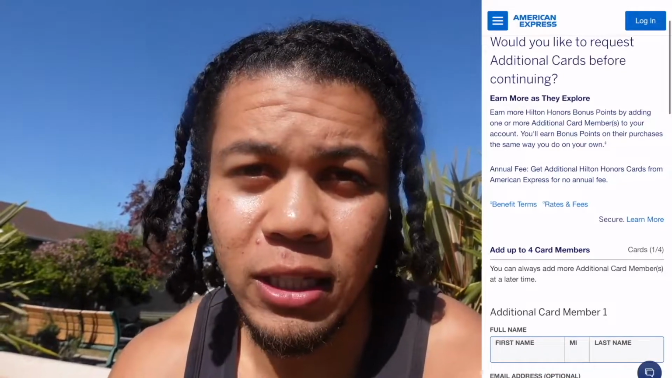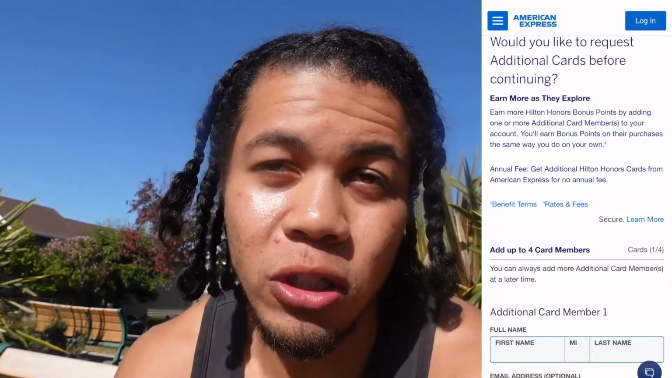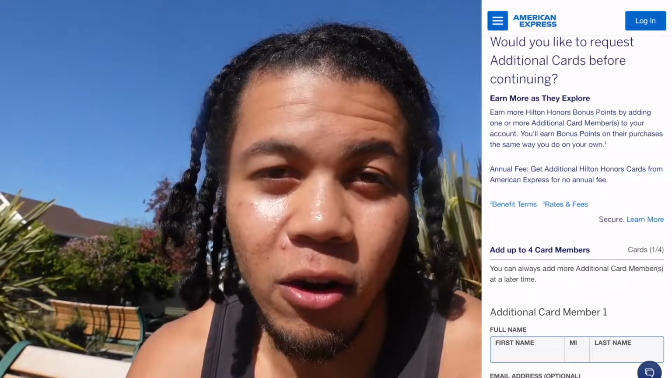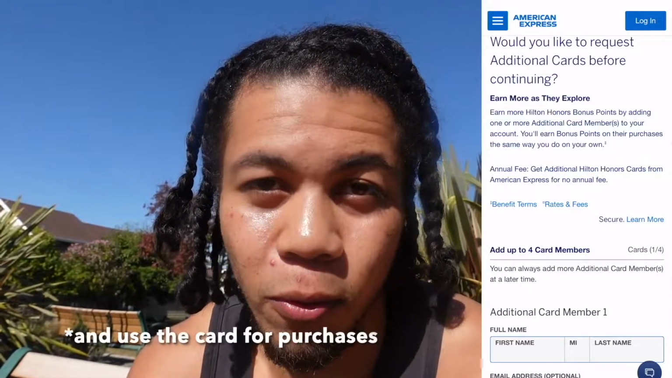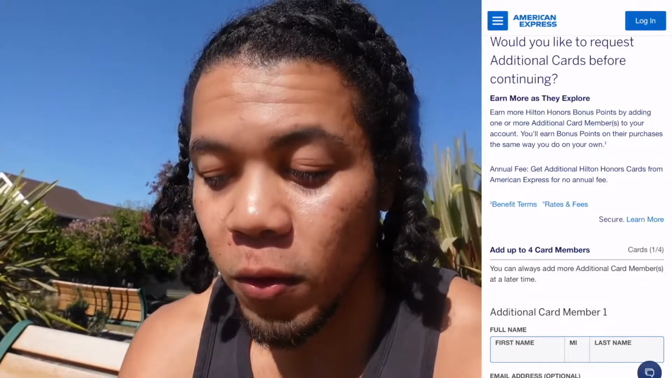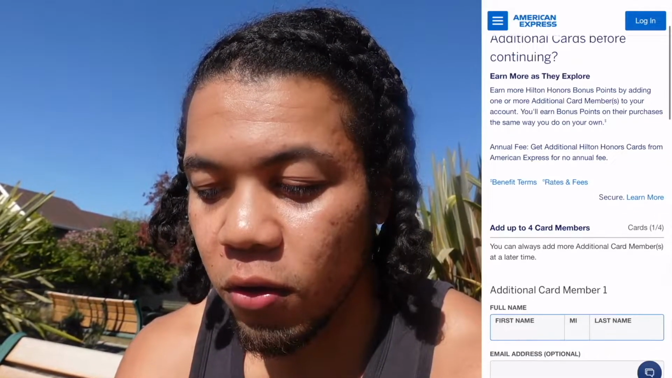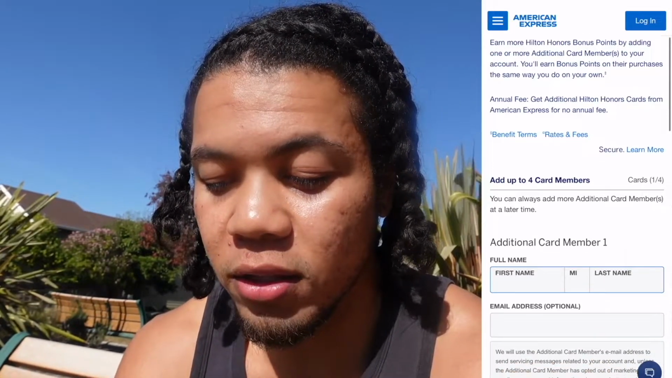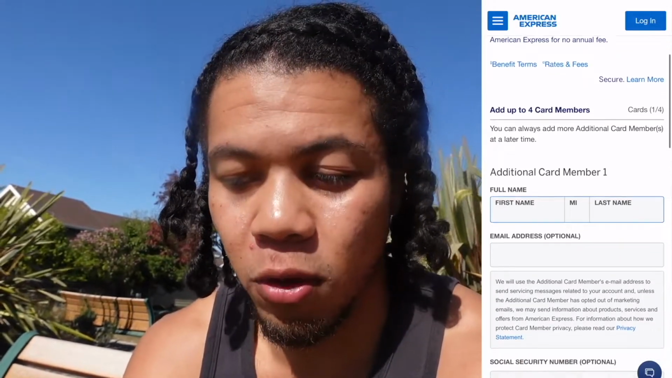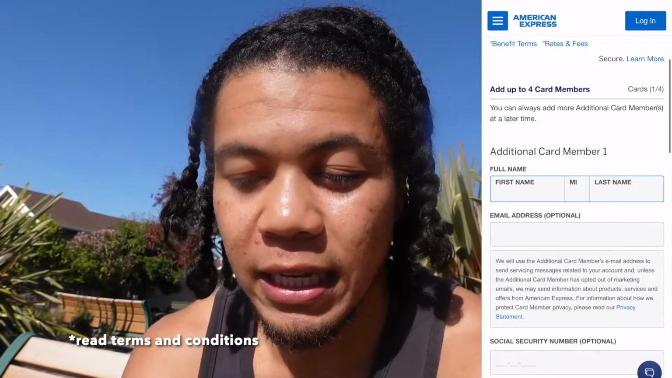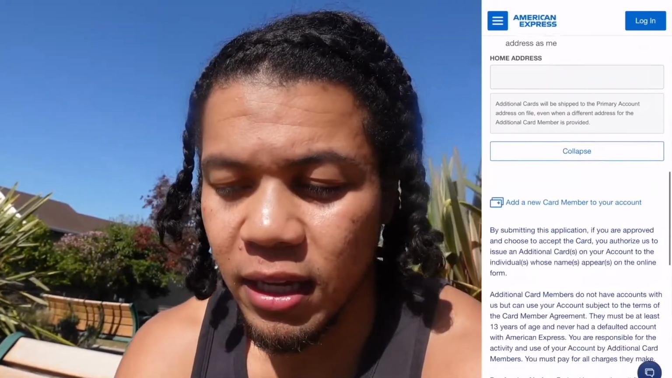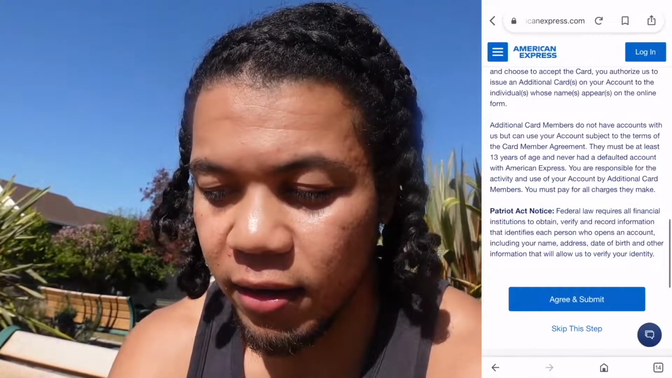With credit cards, you can typically add a spouse or a child or a partner. It's pretty much like a secondary card where y'all both can earn points, but it's under your name and you're pretty much guaranteeing it for them. So if you want, you could add an additional card member. It looks like you can add up to 4 before they start charging you, but you can always do this at a later time. If you don't want to add an additional card member, just click skip this step, and then,